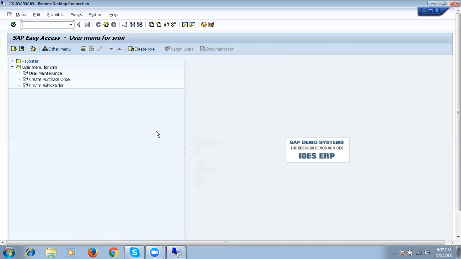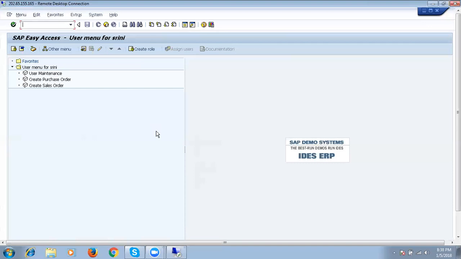But SU53 displays only the last failed authorization check. So if you want to find all the missing authorizations, we have to take the user trace.